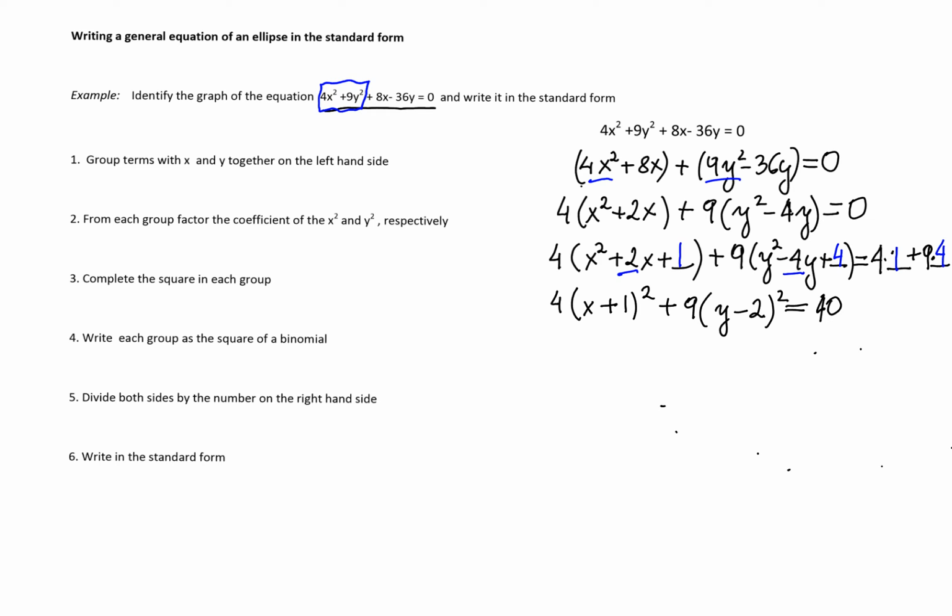Now we divide every term by the number on the right-hand side to get 1, because in the standard form we have 1 on the right-hand side, and you can see that certain things are going to simplify and certain will not. 4 and 40 will simplify to give me 10. Obviously 40 over 40 is 1, and what we'll have is x plus 1 squared over 10 plus,